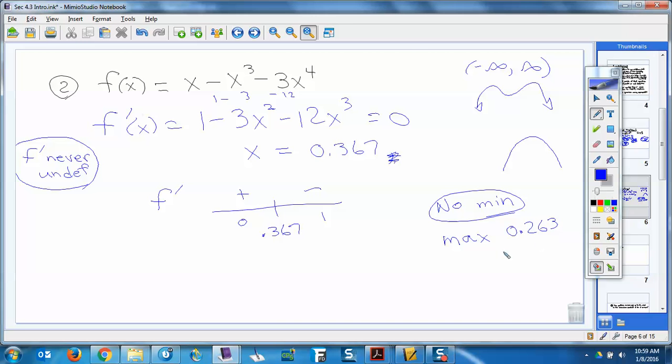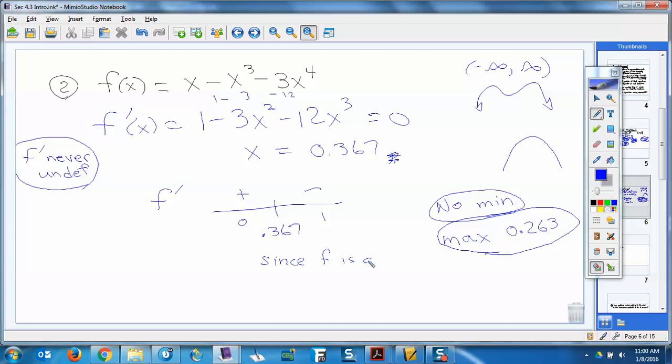Okay, so there's our max value. That's the y value at 0.367. So we've got our minimum, we've got our maximum. Now, the number line by itself is not enough justification though for a global max or min. So we would have to say right here, since